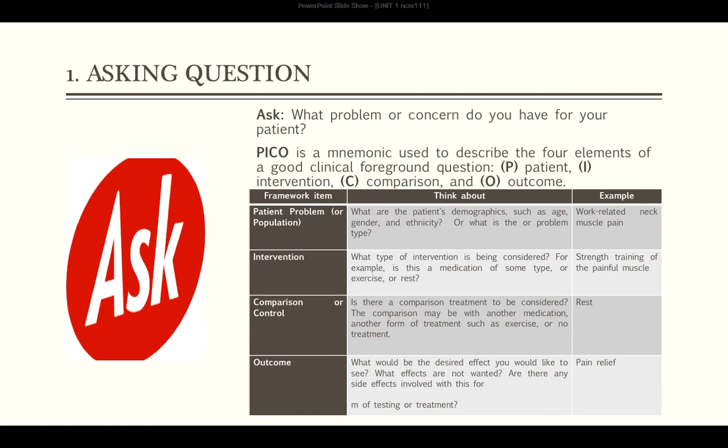What should be the desired effect you would like to see? What effects do you want? Are there any side effects involved in this form of testing or treatment? So, that could be the interplay for PICO or the PICO process. Some books, meron na siyang letter T, PICOT, di ba? O, di ba? PICOT,